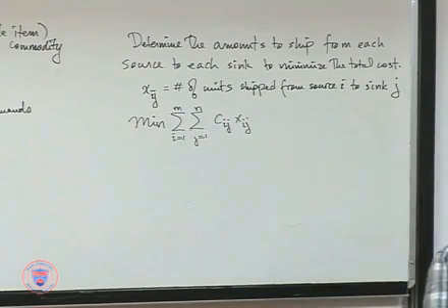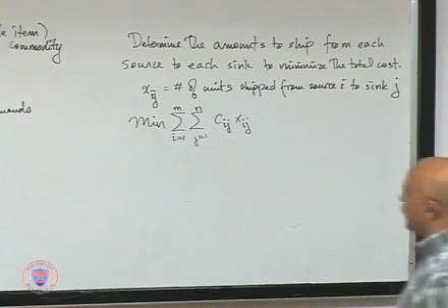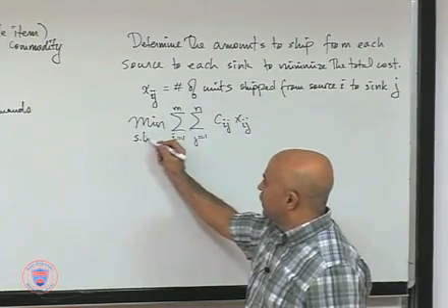Cij is the cost per truckload going from I to j. So if you're sending Xij truckloads from I to j, of course that's the total cost contribution for that leg of shipment. Subject to